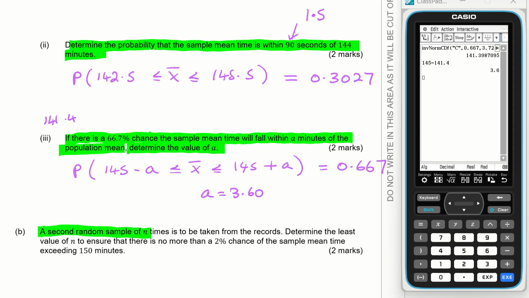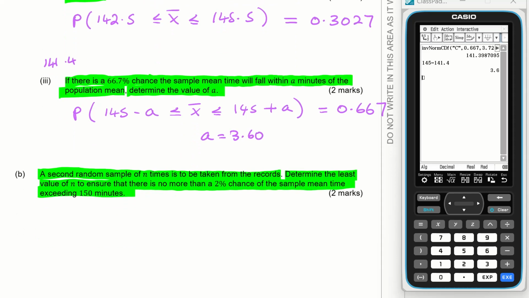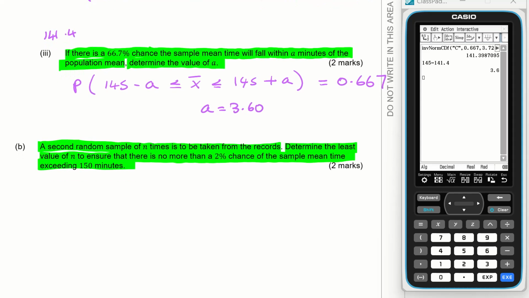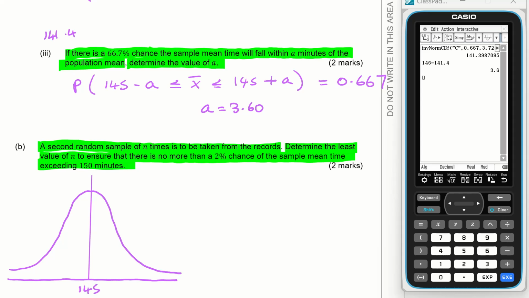A second random sample of n times is to be taken from the records. Determine the least value of n to ensure there is no more than a 2% chance of the sample mean time exceeding 150 minutes. So, let's draw the situation. If we have our normal like this, there's 145. That would be 150, and we want this to be 2%. If we just go symmetric at the other end, that would be 140, and we would have 2%, meaning that